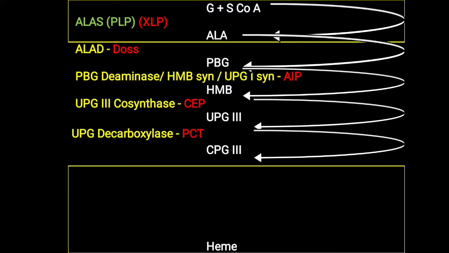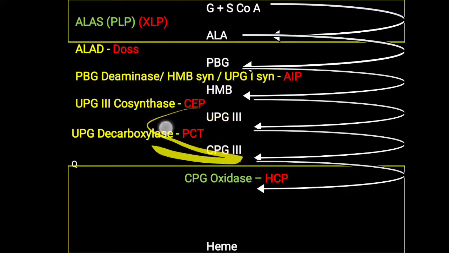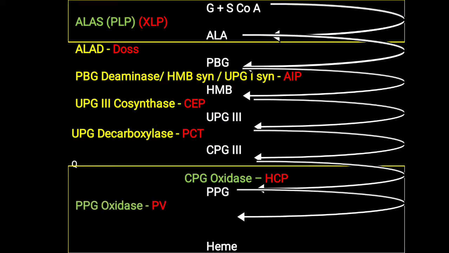the sporadic type of porphyria, that enzyme deficiency leads to increased accumulation of uroporphyrin in the urine. But now you have to remember that CpG oxidase deficiency leads to hereditary coproporphyria, where both UP and CP, meaning uroporphyrin and coproporphyrin, levels will be increased. In the same way, porphyria variegata, what happened? In porphyria variegata, all of PPG, CpG and UPG levels are increased. So protoporphyrin, coproporphyrin and uroporphyrin levels are increased.